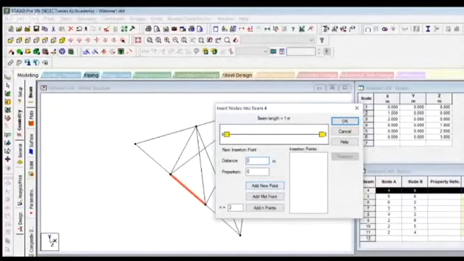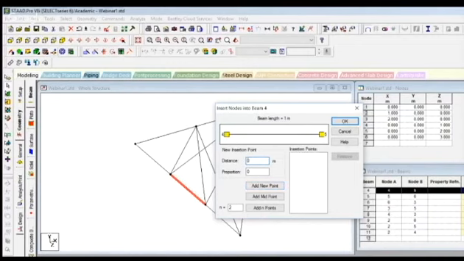Here are some options like how many points you want to add. The insertion of a node can be done in three ways. You could add a new point by defining the distance from one node to the other node. Consider the beam is of 5 meters, and if you want to insert a node at 2 meters from the left hand node, you could just mention that distance.